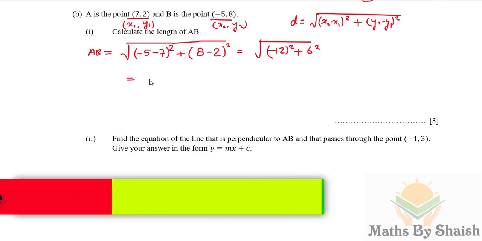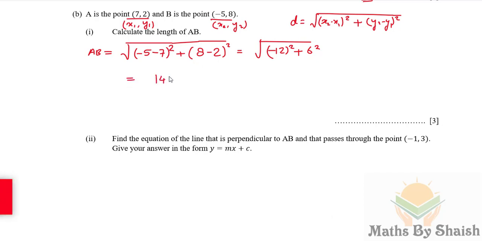Minus 12 squared is the same as 12 squared, that is 144, plus 6 squared is 36, and hence we get the square root of 180. Hence the length of AB is square root of 180, or we can write our answer to 3 significant figures